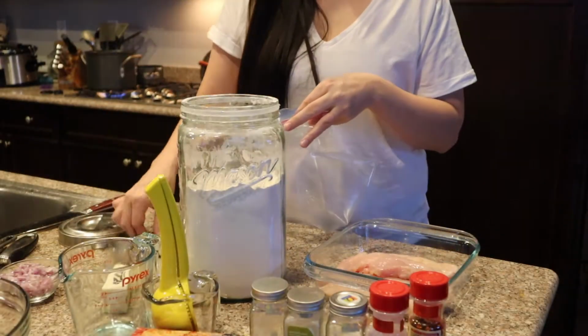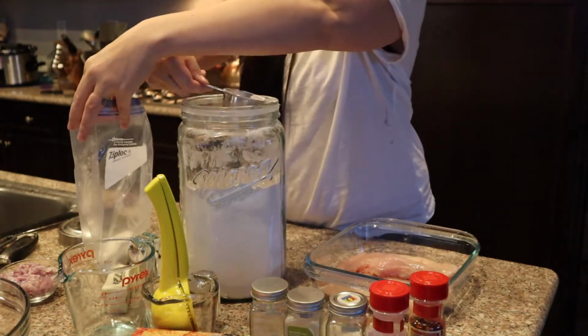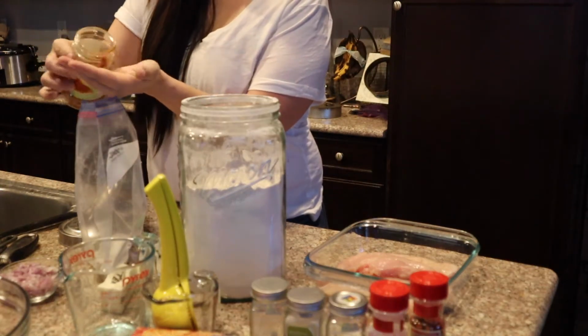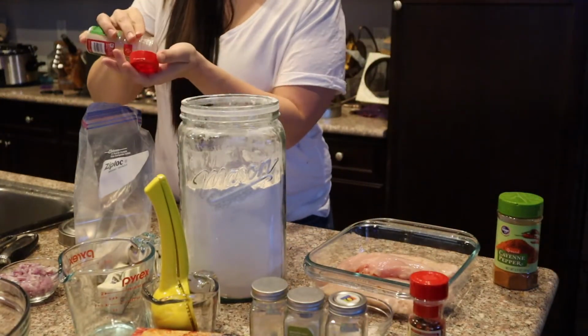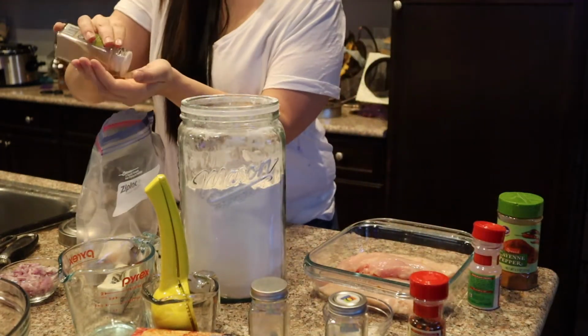To make the breading, I'm actually going to use a Ziploc freezer bag, and I'm using just over a half of a cup of flour. I'm also using about a teaspoon of cayenne pepper just to give it a little bit of kick. To that, I'm also adding onion powder, garlic powder,